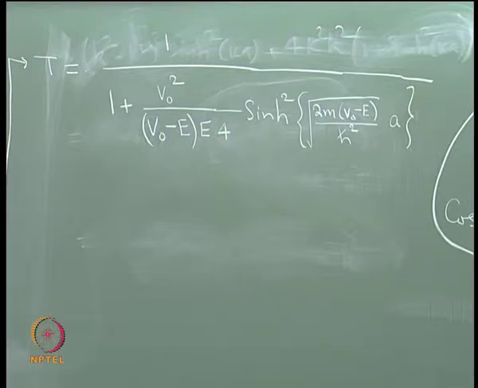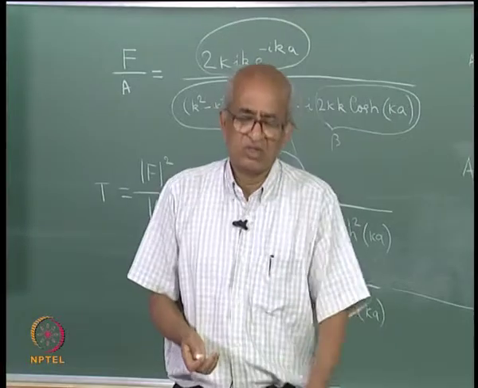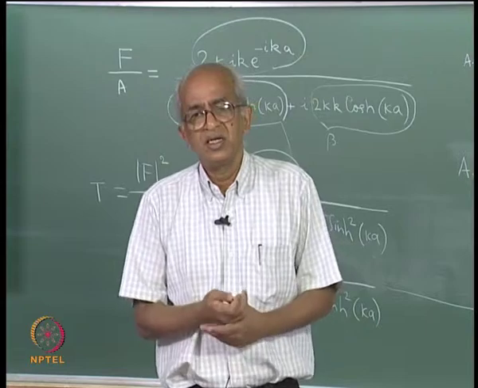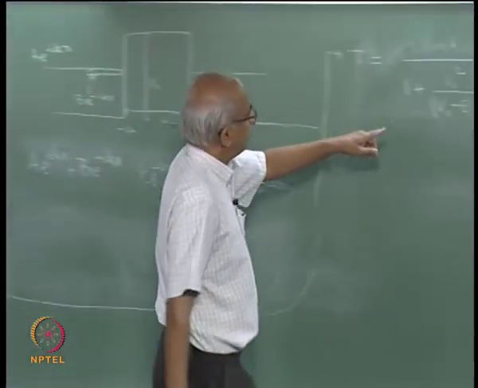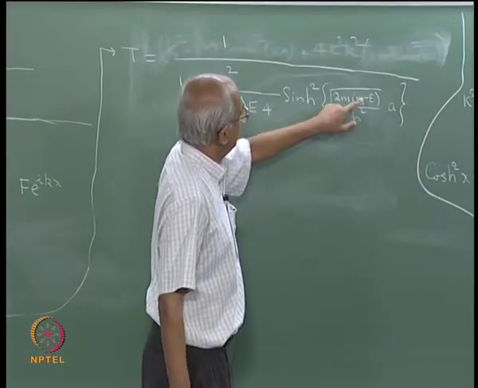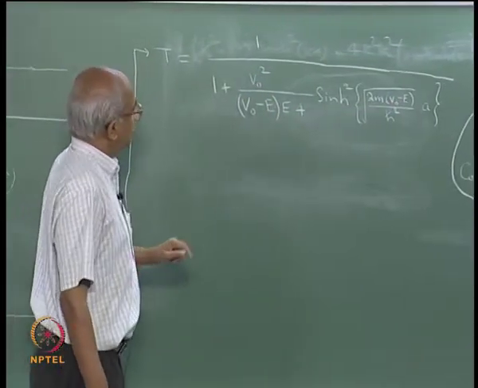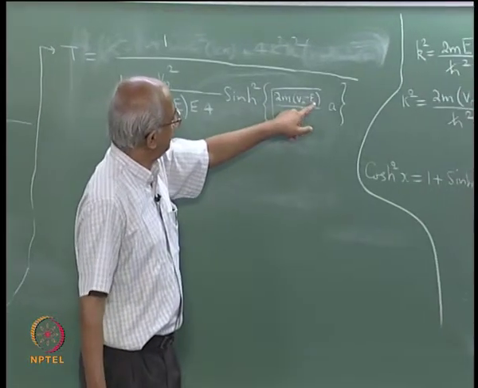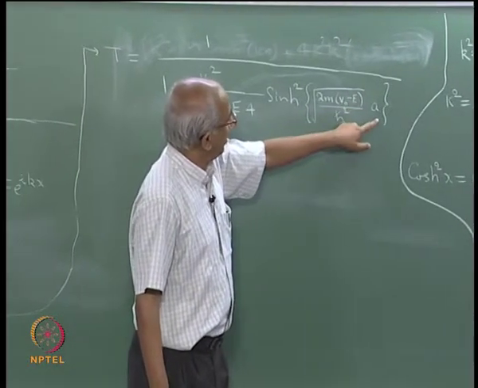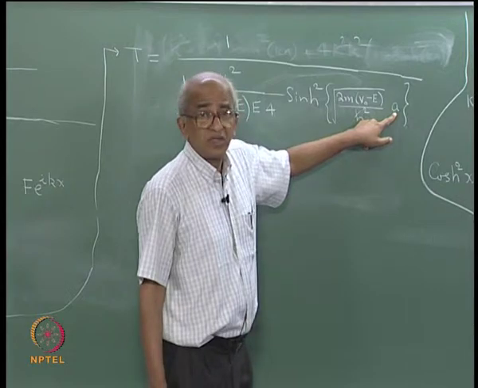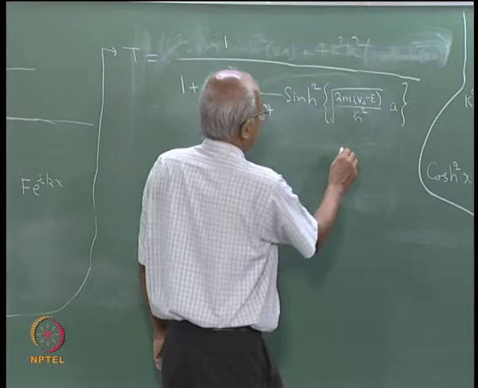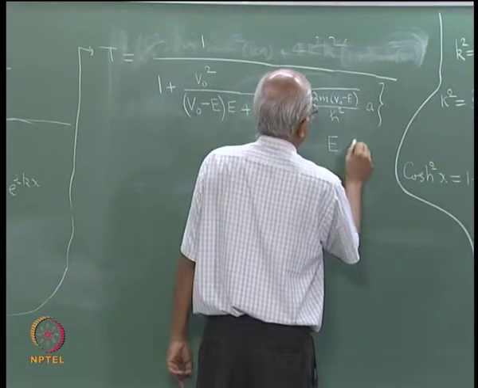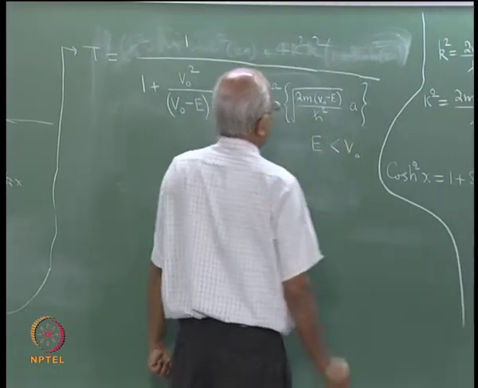And this expression is nice because it tells you how the tunneling probability or the transmission coefficient actually depends upon the height of the barrier, which is contained in here, it is contained in there also. It also tells you how it depends upon the energy of the incident particle and as well as on the width of the barrier. Now, also remember that I have derived this assuming that the energy of the particle is less than the height of the barrier.